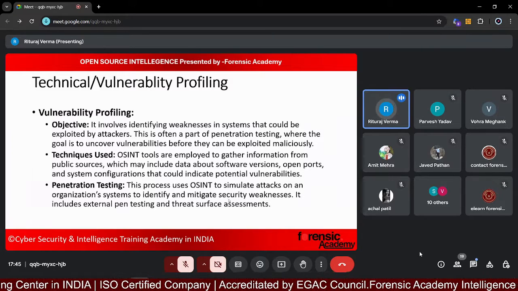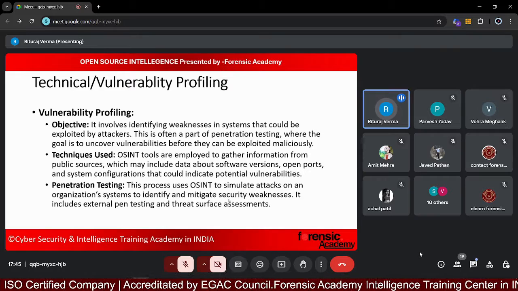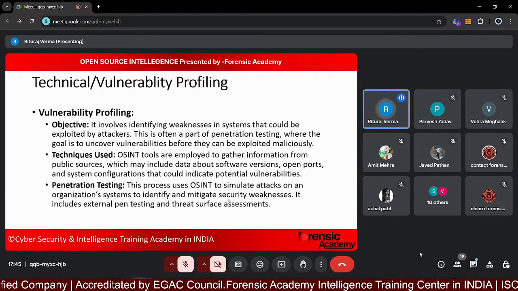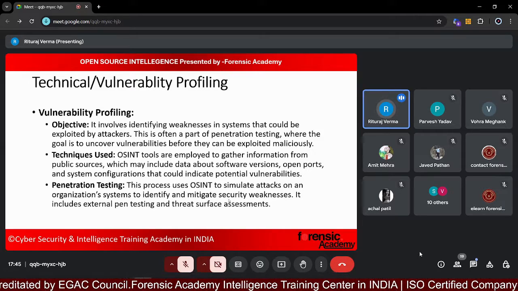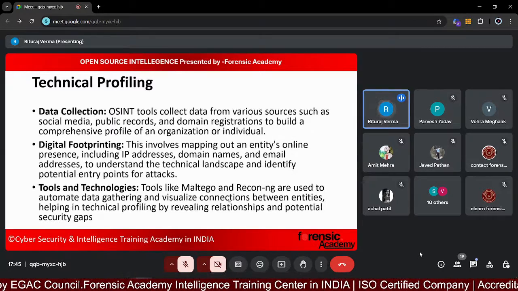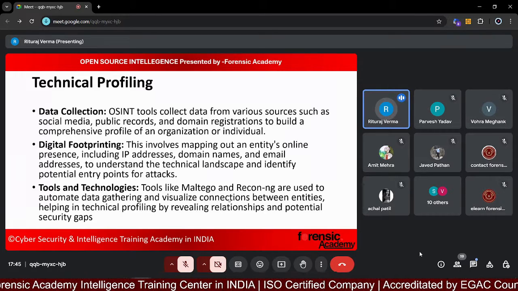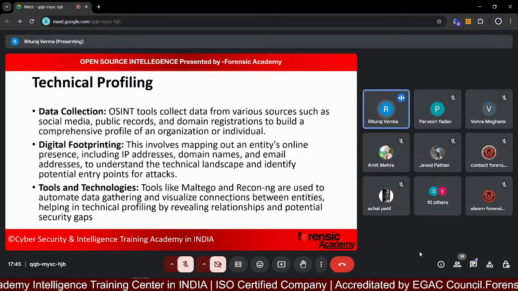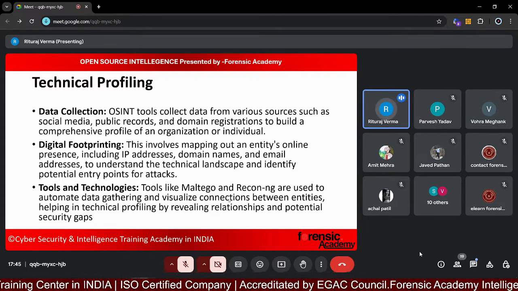You can create a profile and then you can show the person or the organization what kind of vulnerabilities they have. That is the main objective of VAPT, to show what kind of vulnerabilities are there. So OSINT can be used for data collection, digital footprint,